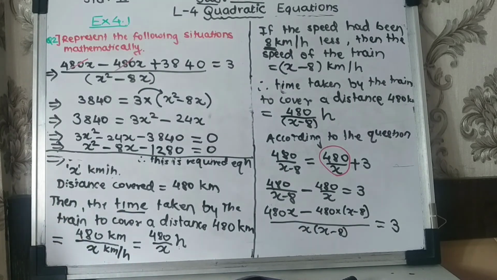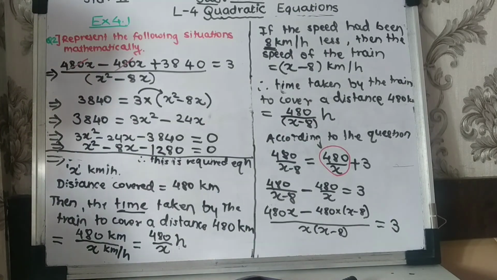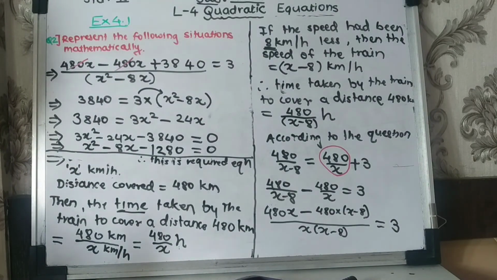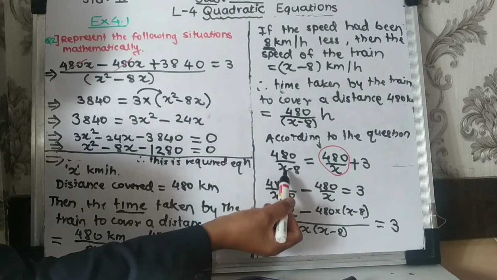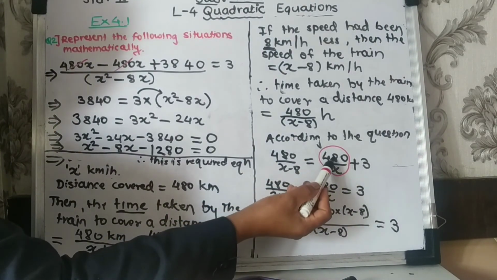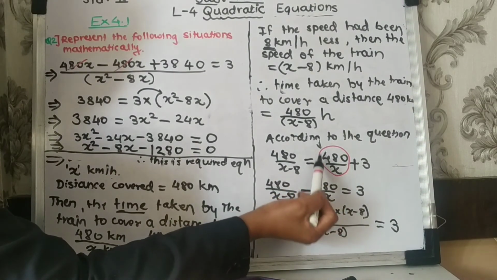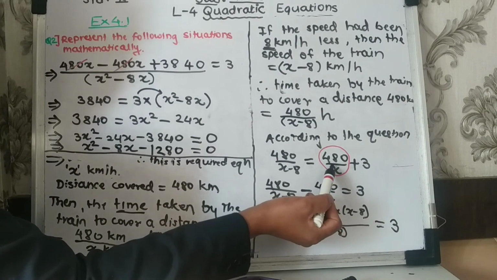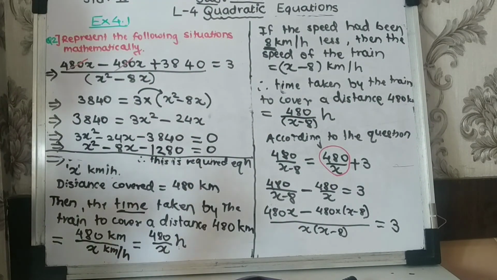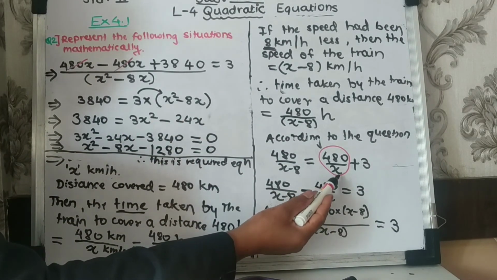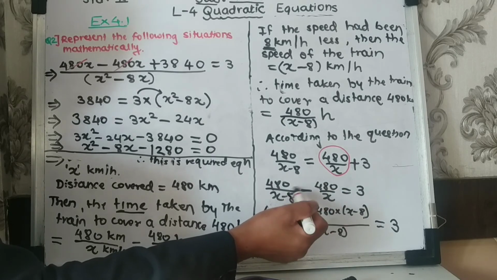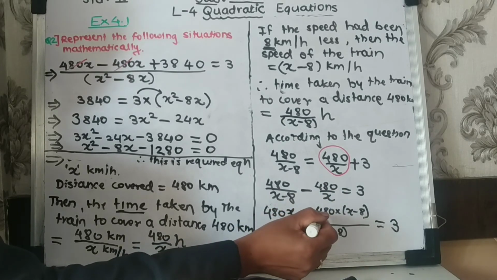Now, according to the question, what is given? After reducing the speed, what will happen? The train will take more time to cover the same distance. So distance is same. So 480 upon x minus 8 equals 480 upon x plus 3. It means the time earlier plus 3 hours, because it takes extra, as we have reduced the speed, right? So then we have shifted this whole towards the left side and then done cross multiplication, 480x minus 480